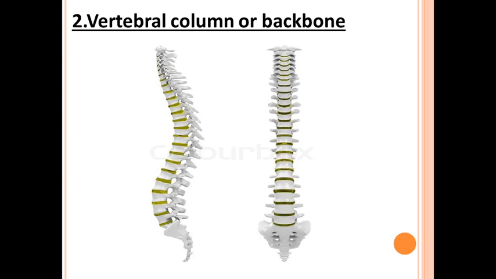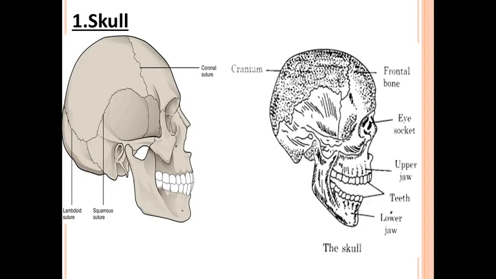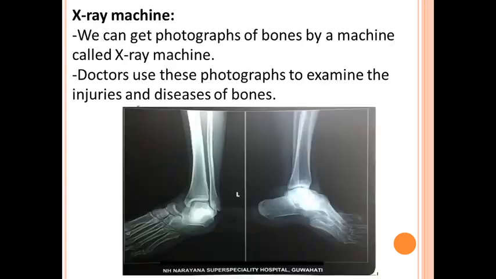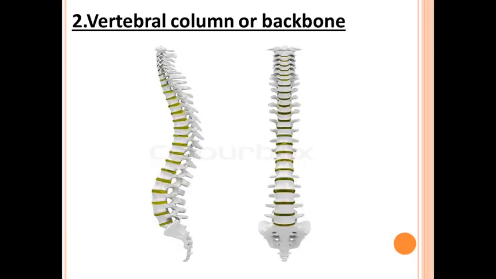It is not smooth because it is made up of a number of small bones. Now how many bones are there? In total there are 33 small bones. How many? 33. We will see that in joints. Don't forget the name: vertebral column means your backbone. Both are the same.